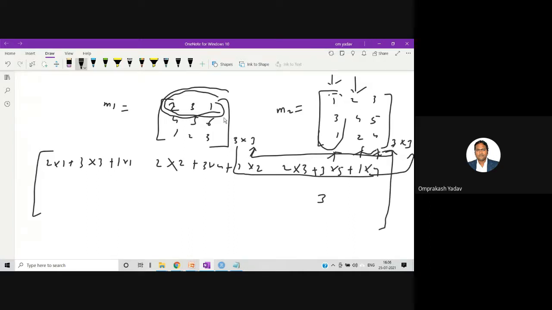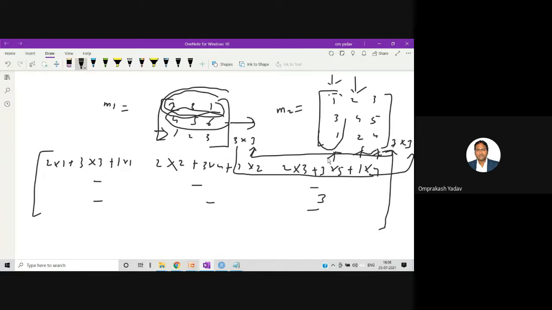Then I will select the second row, and I'll go in a similar way: first column, then second column, and then third column. Then it is going to give me these 3 elements. Finally I'll select the last row, and go through the first column, second column, third column. It will give me 3 elements. So actual matrix multiplication happens in this way. And the size of this matrix will be m by n, I mean, the rows of the first matrix and the columns of the second matrix.